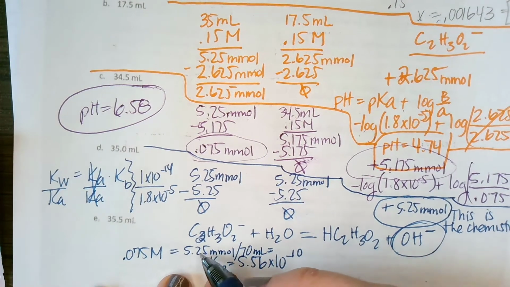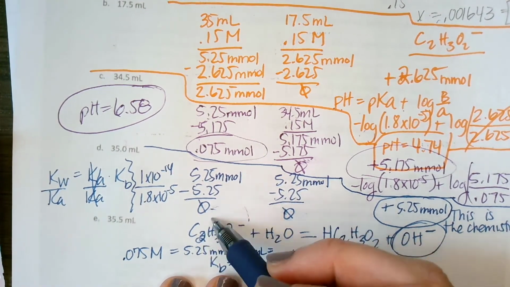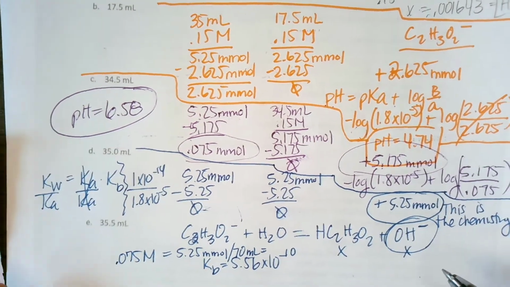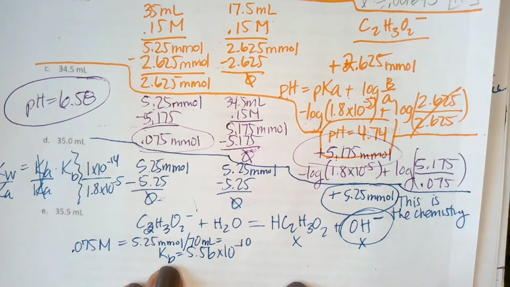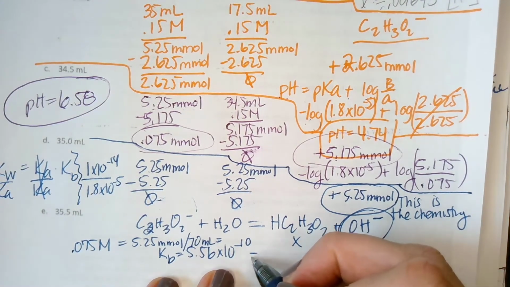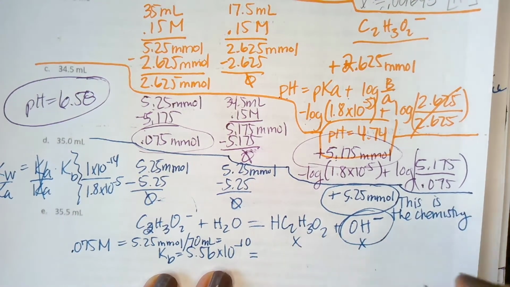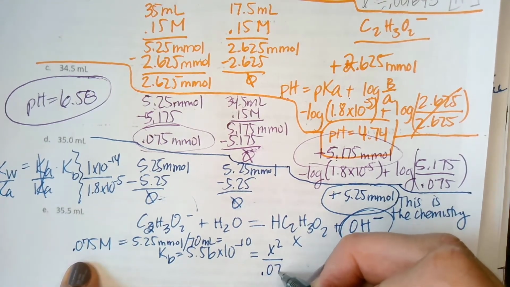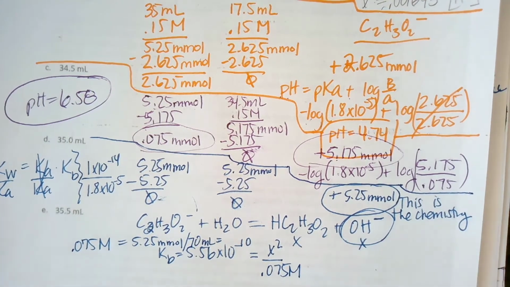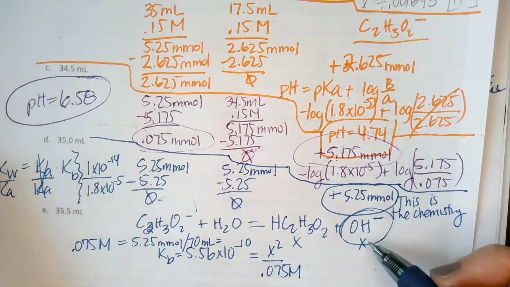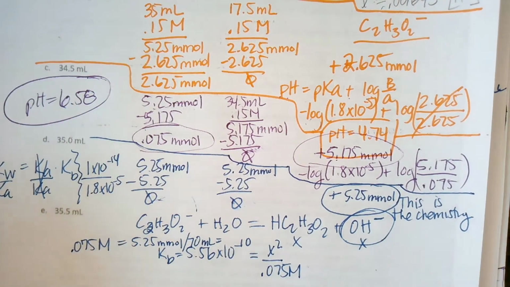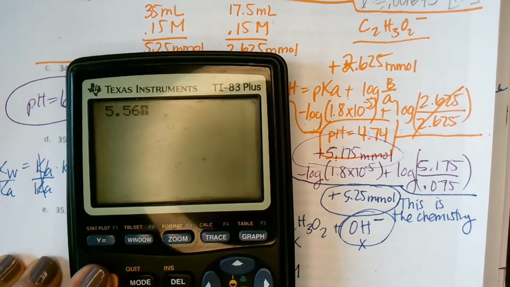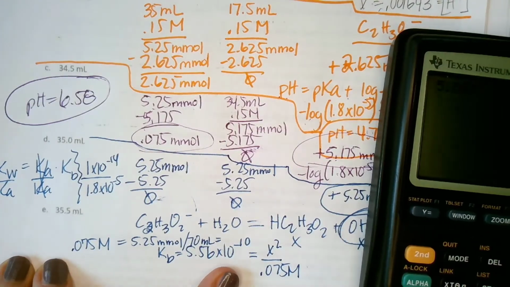I now can say, okay, I know my concentration of acetate. I don't know this and I don't know that. So let's do our K, using our Kb, we can set that equal to our products, x squared, over reactants, 0.075. Let's solve for x, which is our hydroxide ion concentration. So 5.56 times 10 to the negative 10